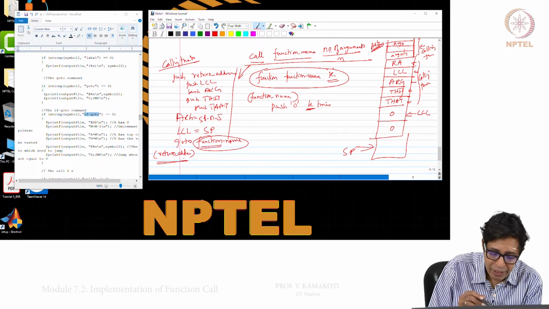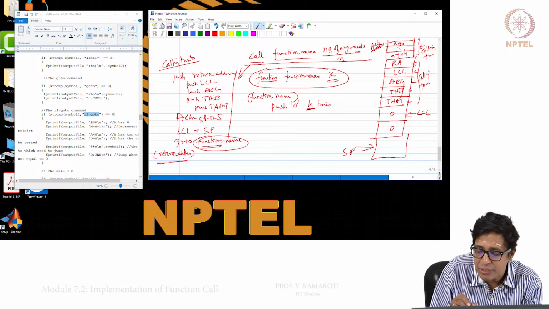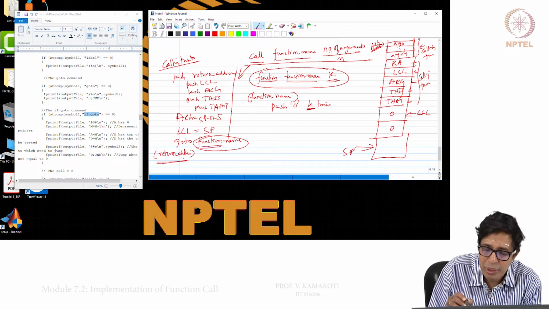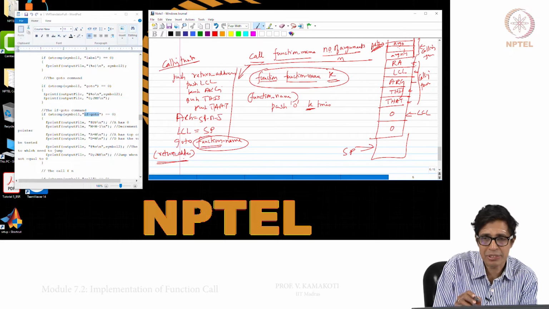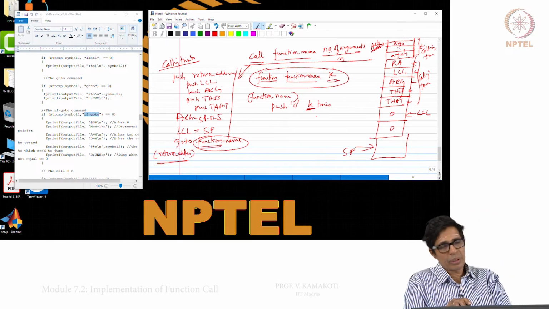So, the moment I see this function name k command, immediately I replace it with a label, function name within parenthesis, because anybody who wants to come to this function will go to function name. So, that label should be there as function name. The first thing I do there is to initialize all the k local variables, and then I keep translating whatever is inside, but these two are very important.